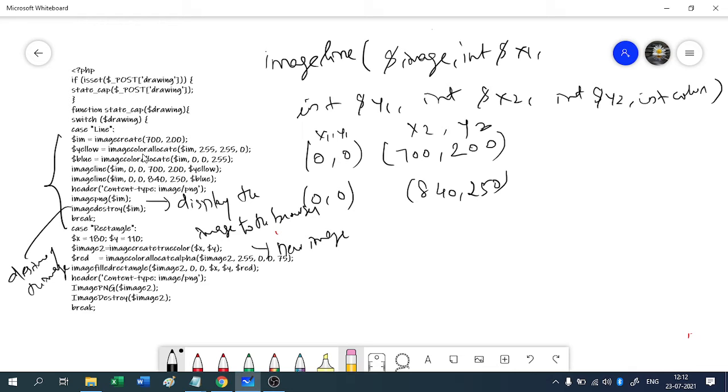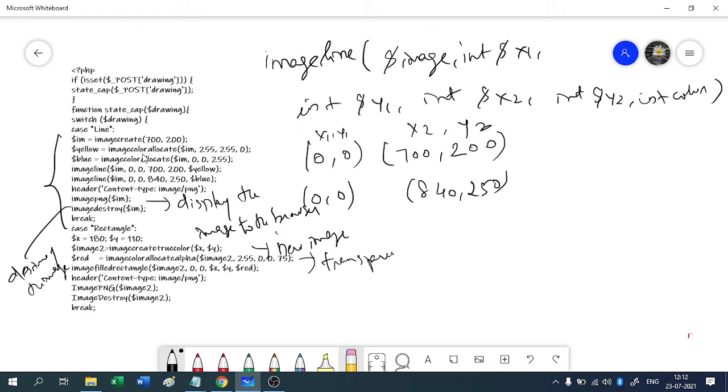Then after that we are using image color allocate alpha. This function is also used to allocate the color for the image. This function and image color allocate are the same, but this one has additional functionality, that is the transparency.